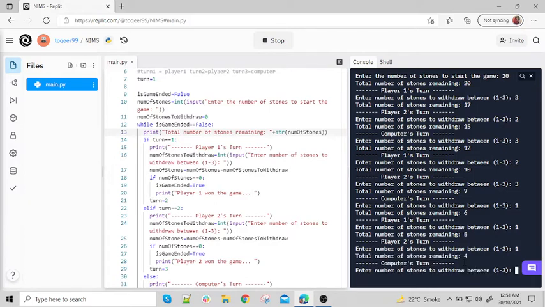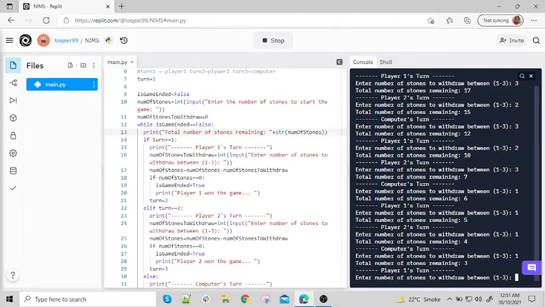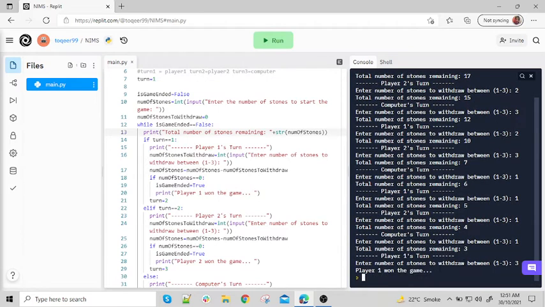Now the computer is stuck. The computer can't win this game. It could win only if it chooses 1, 2 or 3. Player 1 actually has the chance to win the game, so the computer chooses 1. If player 1 then chooses 3, player 1 wins the game. I hope you got the idea behind this game.